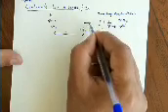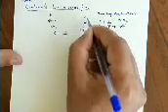Now let us first discuss what the direction should be. If these two charges are positive charges, then we know that like charges repel each other, so this positive charge will feel a force of repulsion in this direction, that is outward, and the force is given here as force on 1. Similarly, the same force is experienced by this charge, but in the opposite direction because it also gets repelled by this charge.